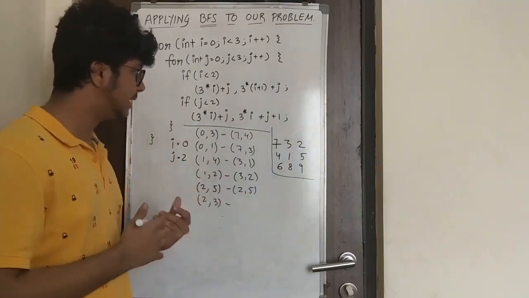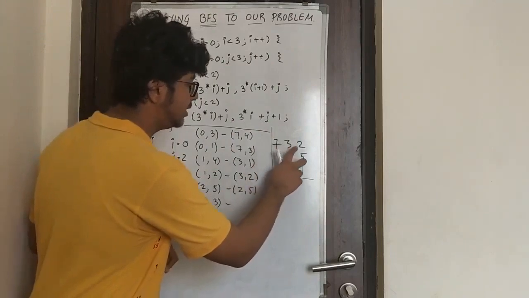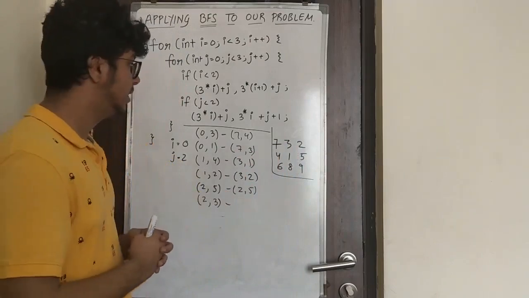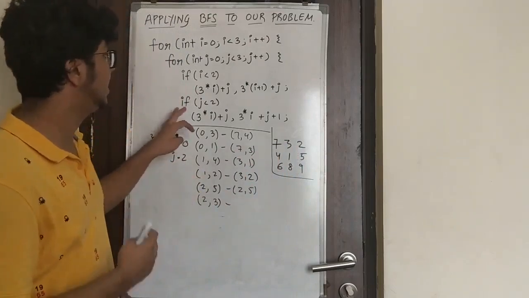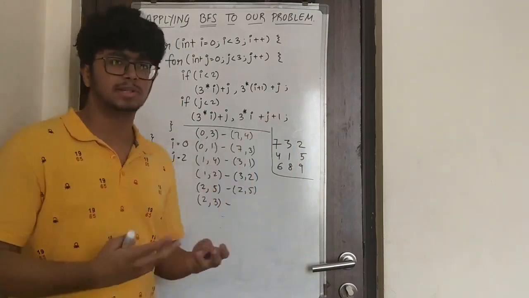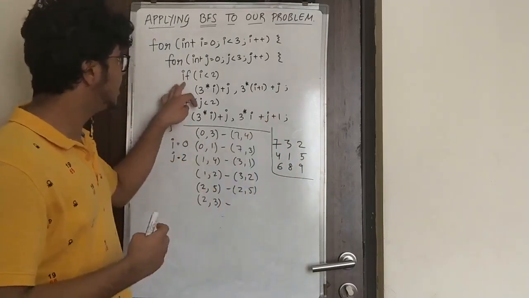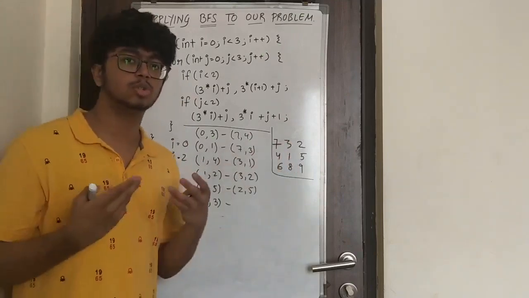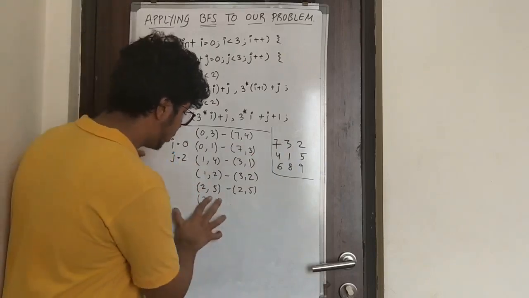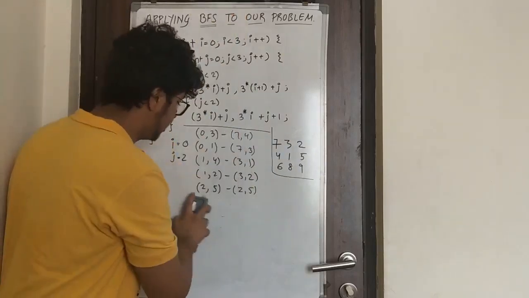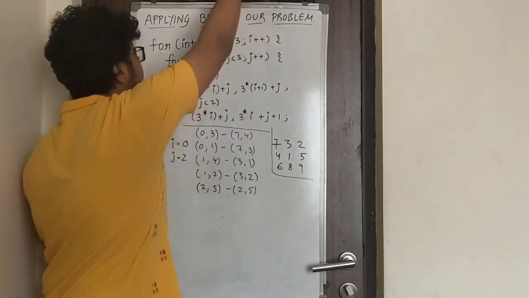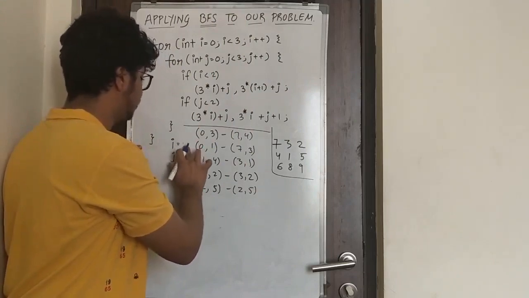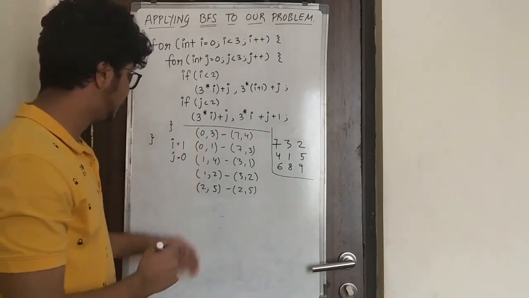Okay, I got an index, but let's just verify. 0, 1, 2, 3. Oops! 2 and 4 cannot be swapped. So this is the basic reason why we need to take j less than 2. Basically, there is no out of bounds issue, but effectively, if you take j as 2 and similarly, if you take i as 2, these elements would not be adjacent. So there is no need to swap them. So this is not okay. This won't be there, and we would continue. So this will go on. Now our j will become 0 again. I will turn out to be 1, and this will go on.